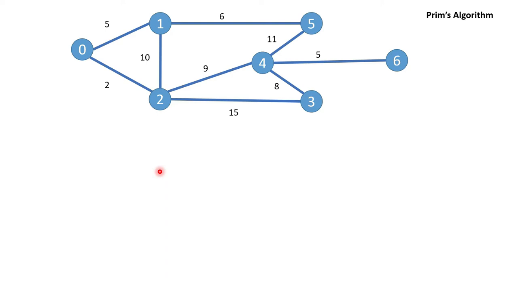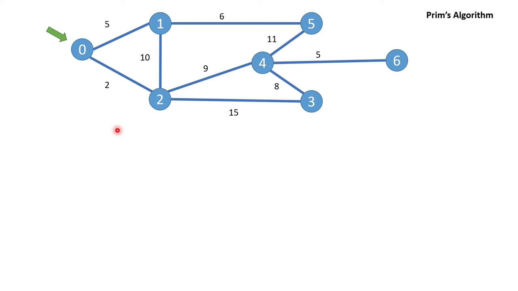Prim's algorithm actually follows a greedy approach. We will start from a node, then check what is the possible next node I can attach, and that way it will proceed. So it's a greedy approach we will follow here. Suppose we first start with 0. I'm starting from vertex 0, and if I look here, there are two possibilities. Either I can go to 1 or 2, and their respective weights are 2 and 5.